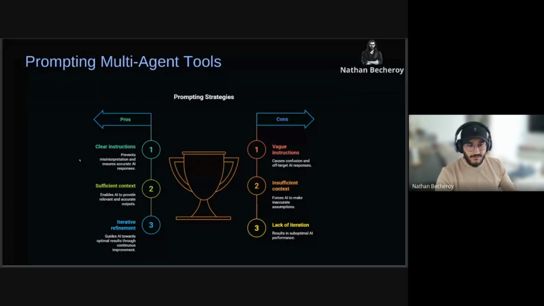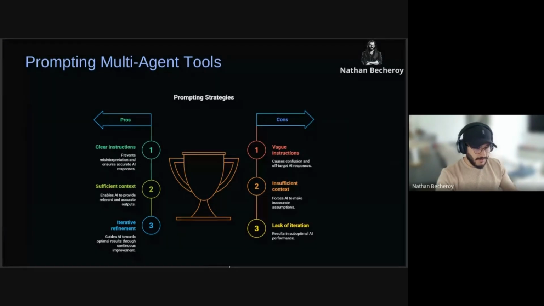The second con is generally insufficient context, which is giving less than what the AI tool needs to do its task. And then you have the lack of iteration, which is the opposite of iterative refinement. I will accept another one, go back to the presentation.